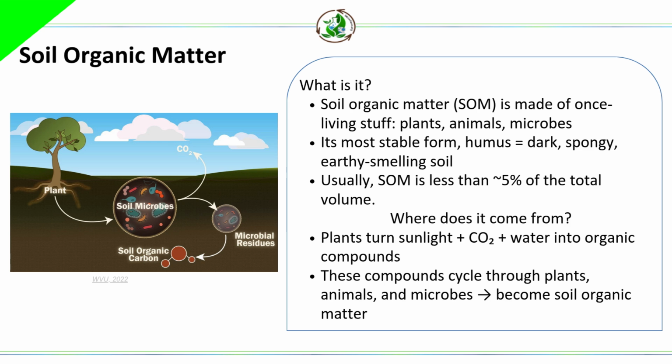Plants use sunlight, CO2, and water to make organic compounds. These compounds then cycle through plants, animals, and microbes, eventually becoming soil organic matter. Microbes are a critical part of this process. They produce glues called polysaccharides that bind soil particles, creating a stable, spongy structure. SOM acts like nature's sponge, helping soil hold water and nutrients, which is critical for growing healthy crops while saving